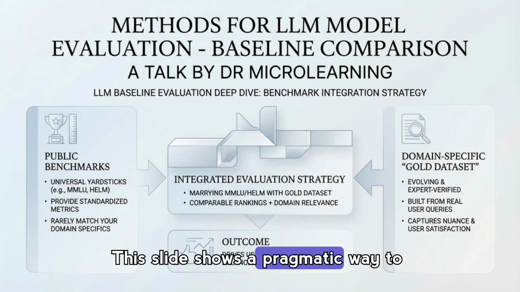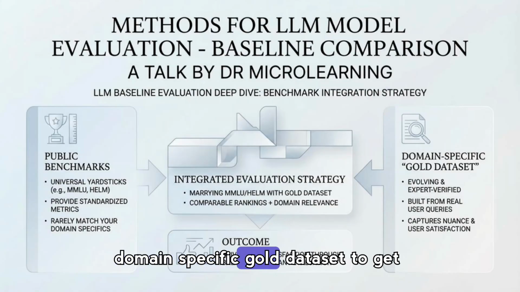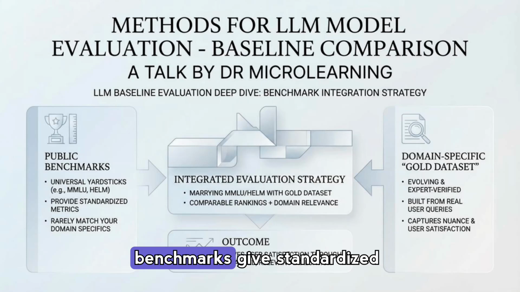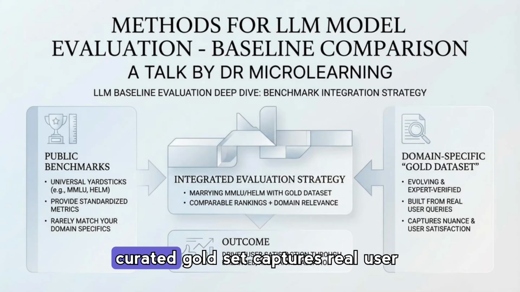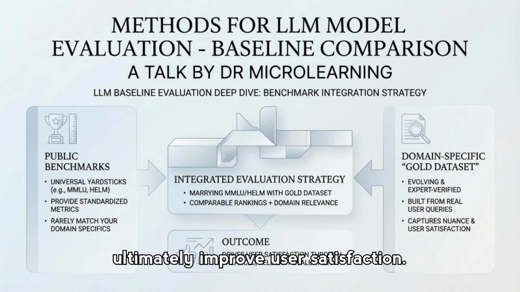This slide shows a pragmatic way to blend public benchmarks with a domain-specific gold dataset to get the best of both worlds. Public benchmarks give standardized metrics and broad coverage, while a curated gold set captures real user queries and nuance. The integrated strategy combines them to produce comparable rankings that remain relevant to your domain and ultimately improve user